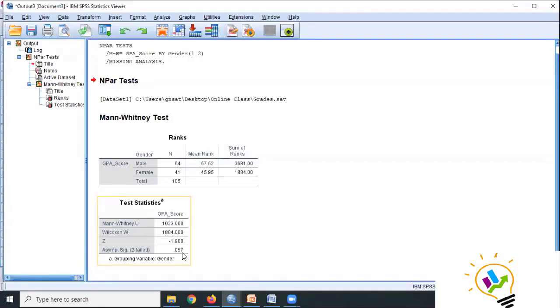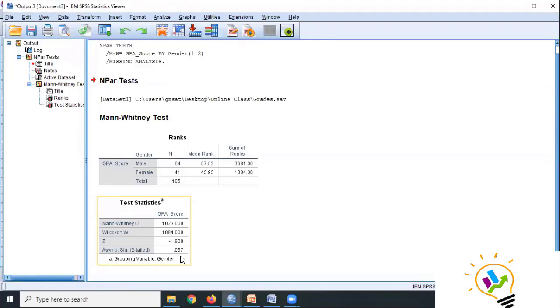Now, what is the null hypothesis? There is no significant difference between male and female towards GPA score. That we are accepting, because the value is 0.057, which is more than 0.05. Please understand, we did the same test with the two independent sample t-test.